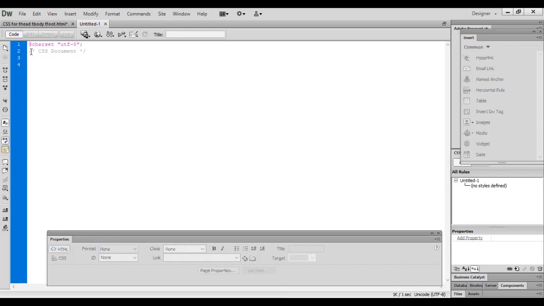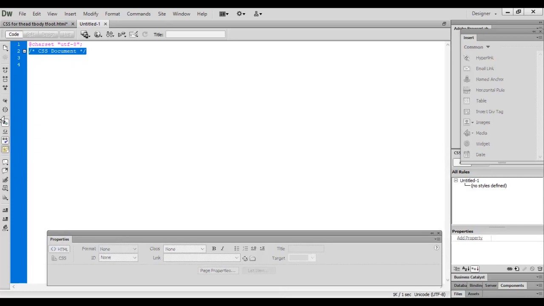But before working on this, if you see clearly at the top of this sheet, there is a slash and asterisk. In a CSS document, this is the starting tag and closing tag for comments. Your text must have slash and asterisk before it and asterisk and slash after it, so that the browser knows to ignore it.